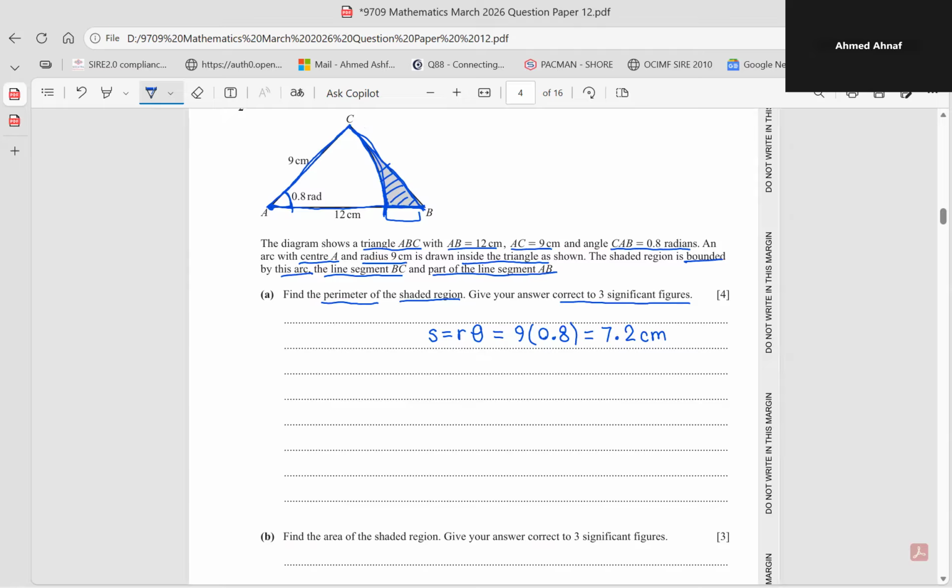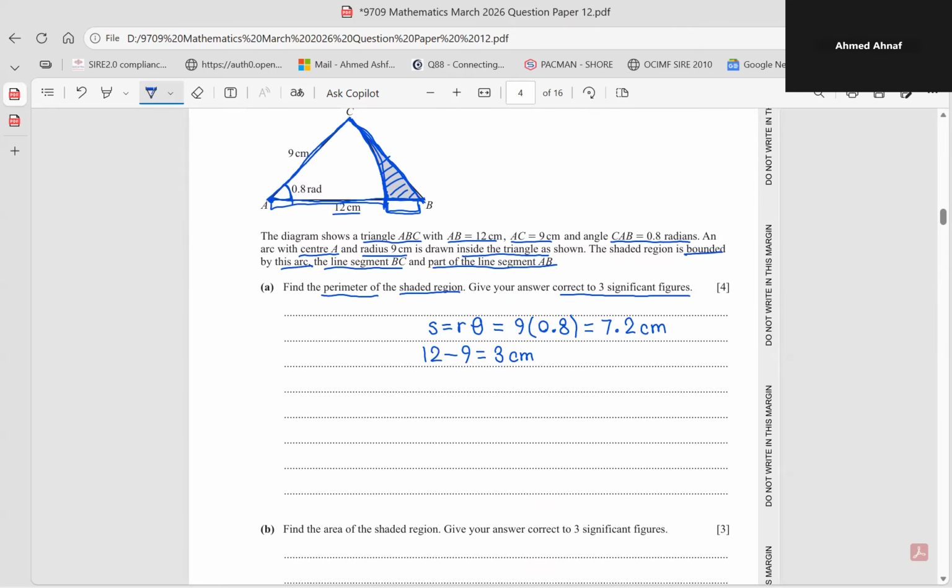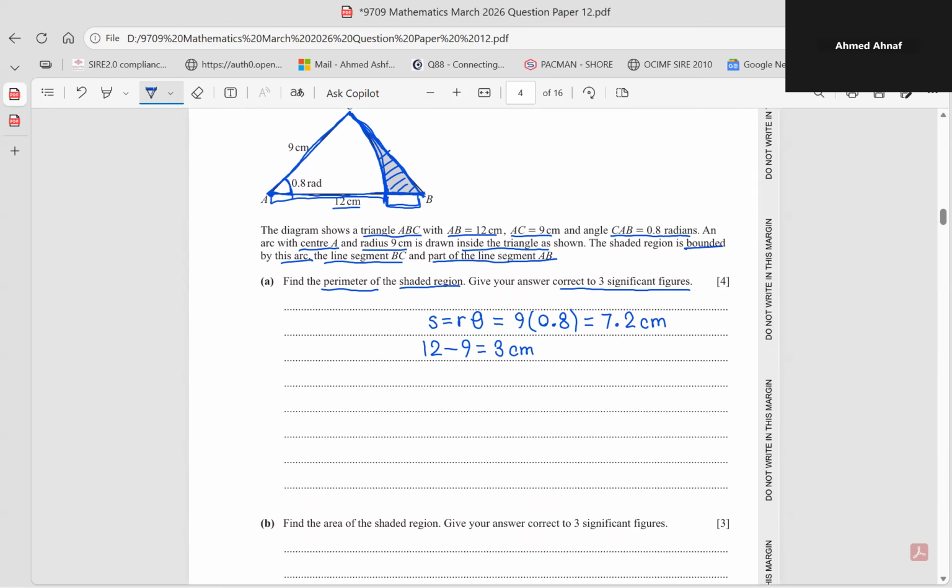And now let's try to find this length. Honestly, that's the simplest. It's just 12 minus this segment, which is the radius of the arc. So it's just 12 minus 9. So it's 3 centimeters. And finally, we are going to find BC. So to find BC, you need to,